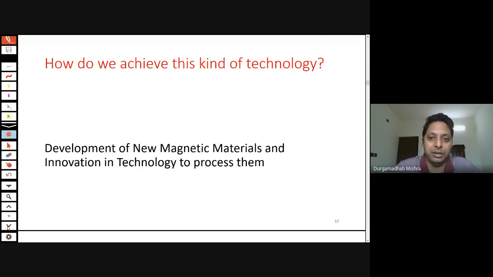I'm making this point because this is all about a team effort which needs to be invested to develop such a technology. And one part which people often miss is how important the magnetic material is in this development. There was a lot of development over many decades that led industries to use this kind of materials.